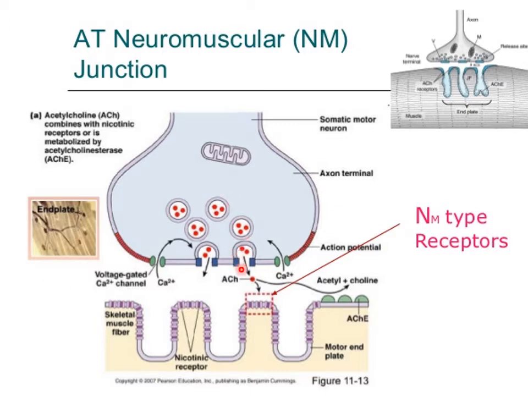You can see this acetylcholine is being released, and after release it acts on receptors, and these receptors are NM type receptors, and by acting on these receptors an action potential is generated and there will be muscle contraction. The rest of the acetylcholine is degraded by acetylcholine esterase. All of you have read this when you learned your autonomic nervous system.